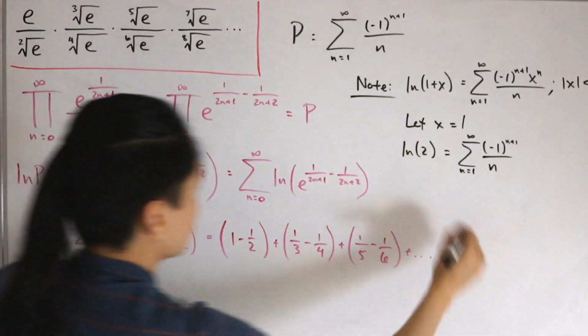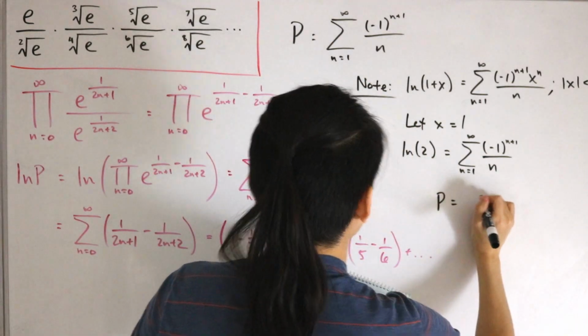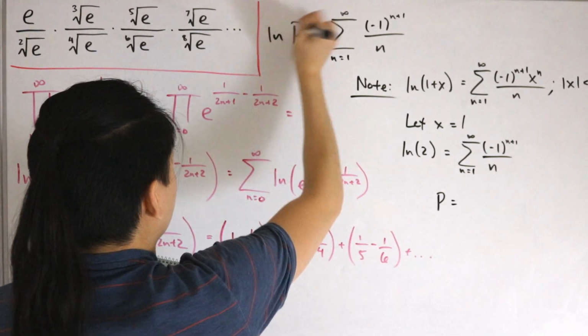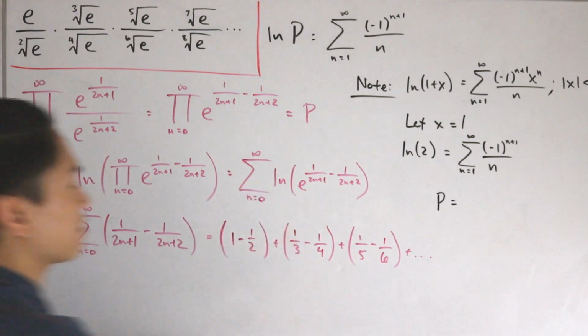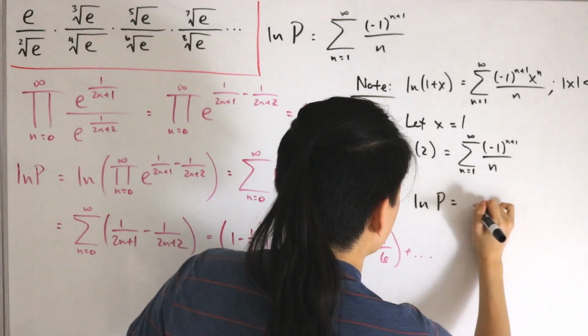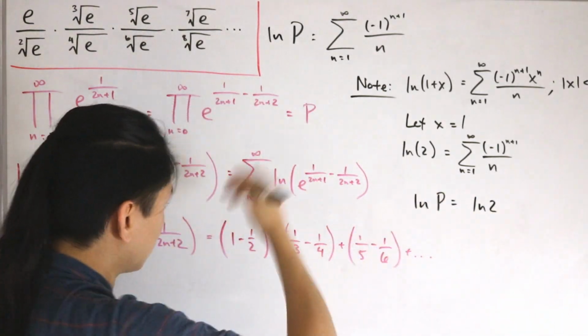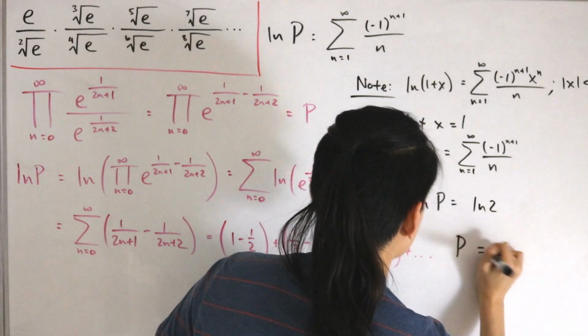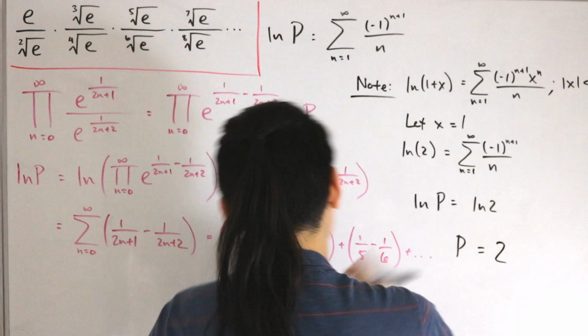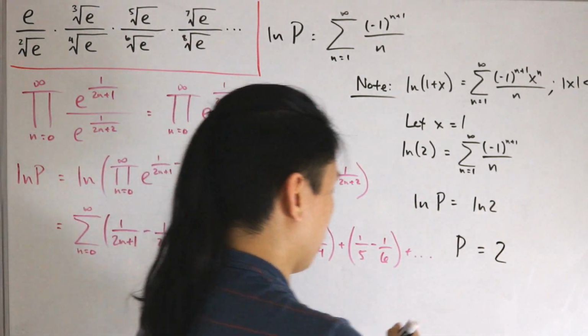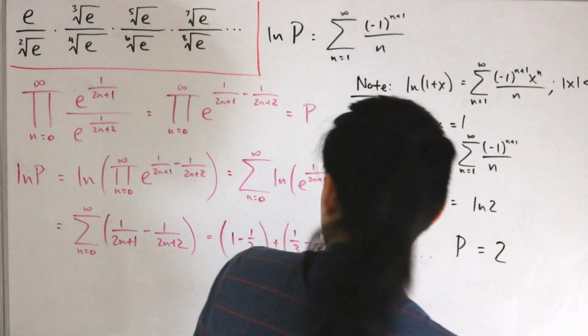This is equal to this, so p is equal to, or rather ln of p, because I haven't taken the e base, and I actually gave that last step away. So ln of p is equal to ln of 2, then take the e base to both sides, and we get that p, the expression that we want to compute, this entire thing, does converge to the number 2. And therefore, there is our final answer for this infinite